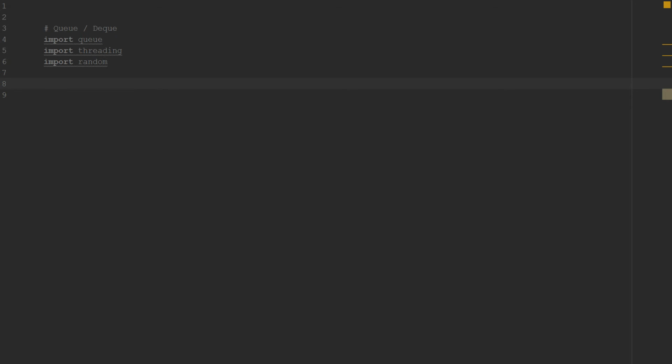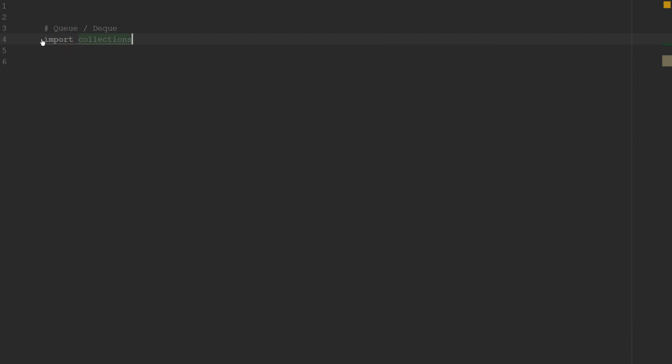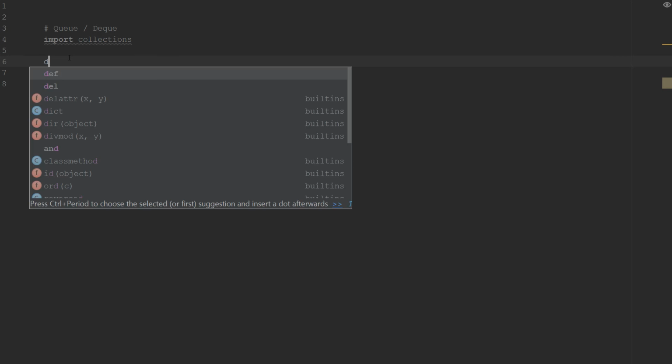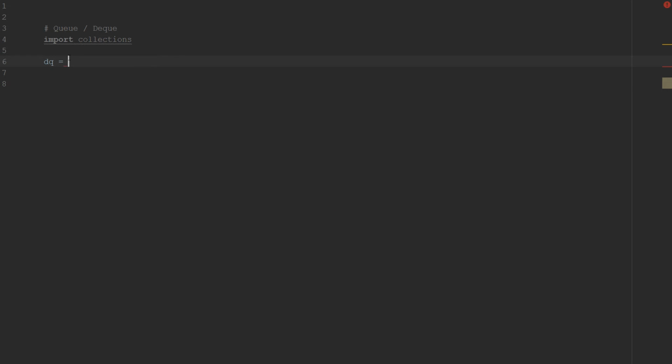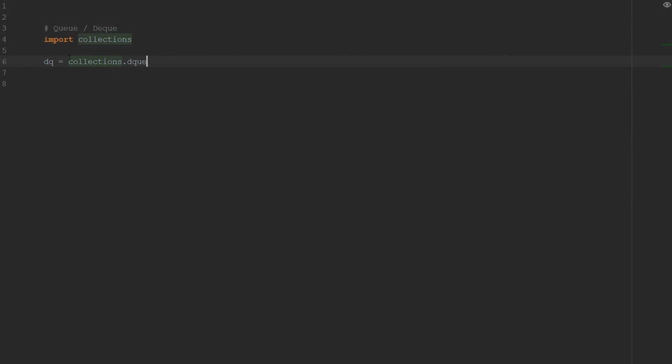So next we have what's called the deque, and to do that we import something called collections, and that's where the deque function actually resides. And we're going to do a couple of things here, and I'm going to start by showing you how it works. So we'll just call this deque. You could call it Q or whatever you want, or give it an actual descriptive name. And I'll do collections.deque,